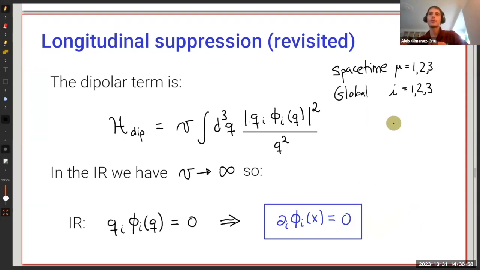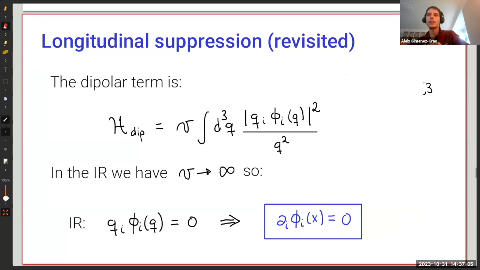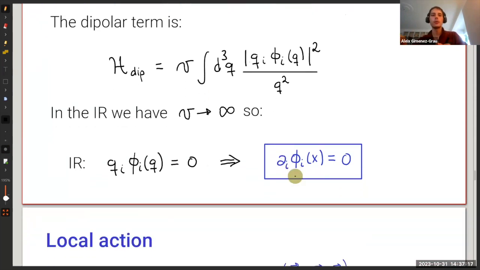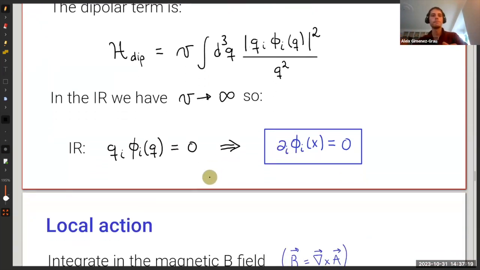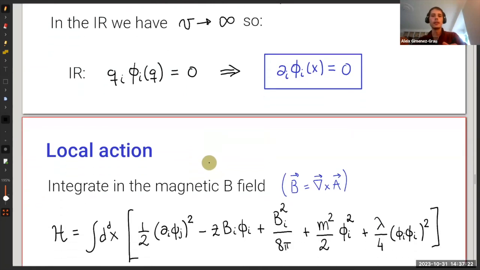Okay, so just to come back to the discussion we were having, I was saying that the effect of dipolar interactions is essentially to suppress longitudinal fluctuations, due to the fact that phi becomes a conserved field. And we are going to model this with some local Hamiltonian. So how do we do this? The idea is that this dipolar system that I'm talking about, we could think of it in terms of this Hamiltonian here.